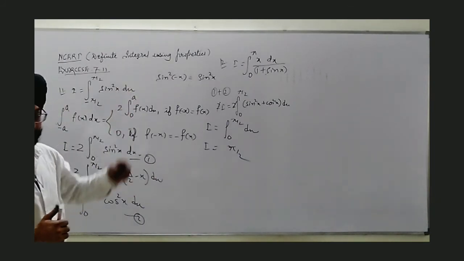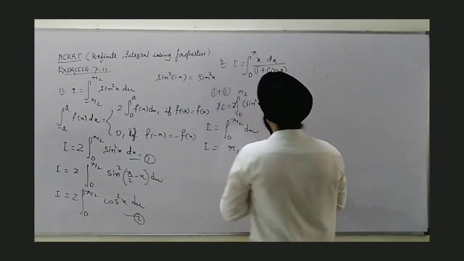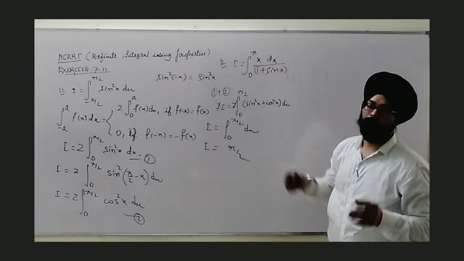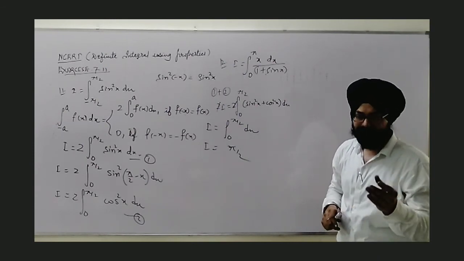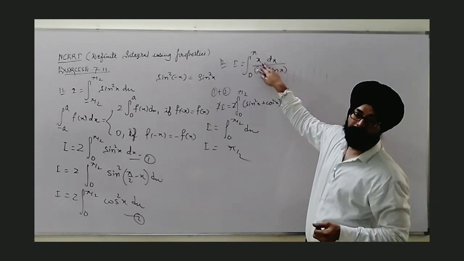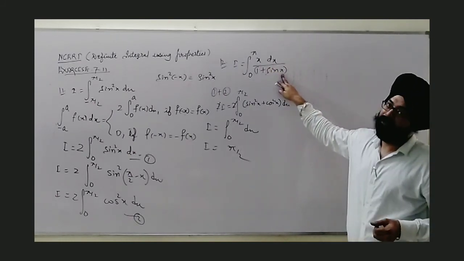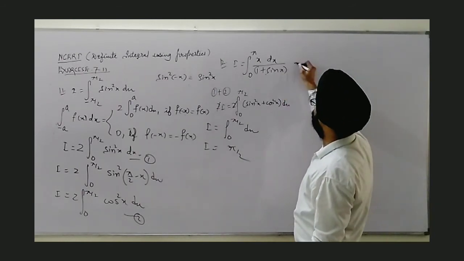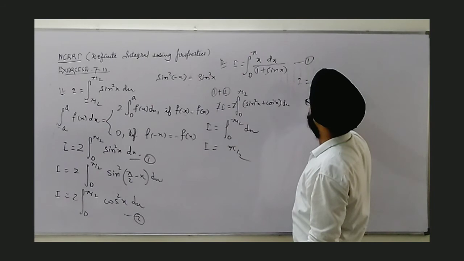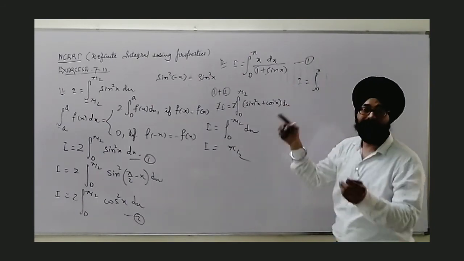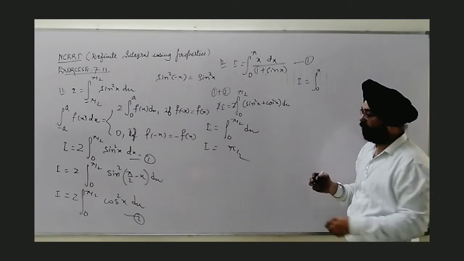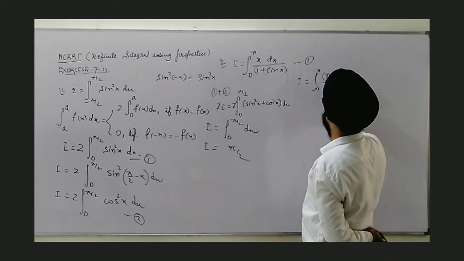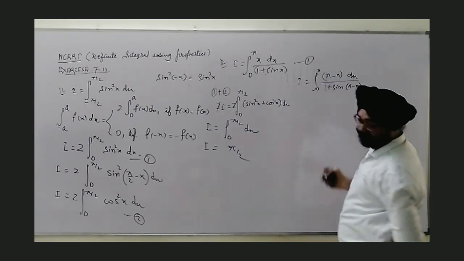Okay, now the same thing, 12th question. As usual, I will say, as it is 0 to pi, it is starting 0. So first property number 5 we will see, and we will check whether change is there or not. So x will be replaced by pi minus x, and here sin of pi minus theta remains as it is, no change. Still, what I want to show is property number 5. This time I am not adding it because in previous questions I have already written the property. So let's apply: pi minus x dx upon 1 plus sin of pi minus x.